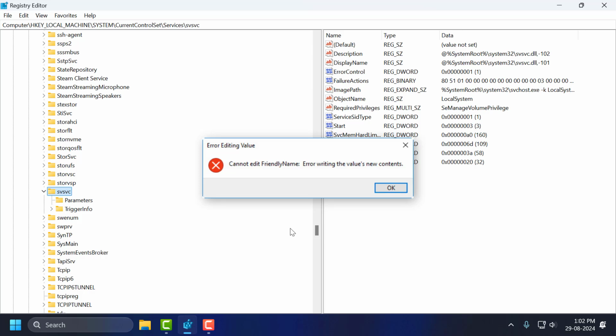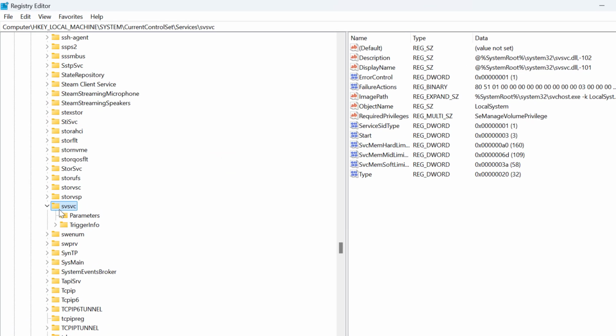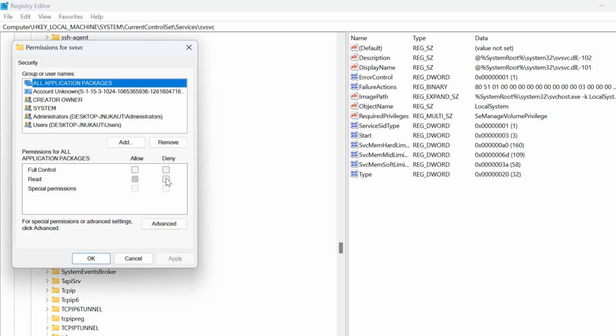Today we are going to see how to fix the error: editing value, cannot edit, error writing the value's new contents, in Windows 11, 10, 8 and 7. Let's fix it, guys. You just need to right click on the folder you are getting this error on and select permissions